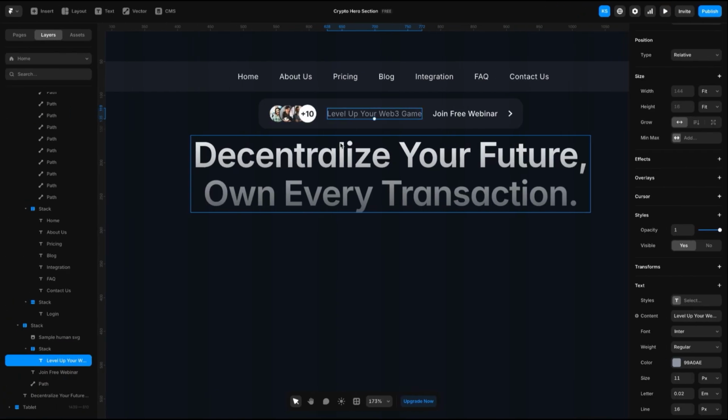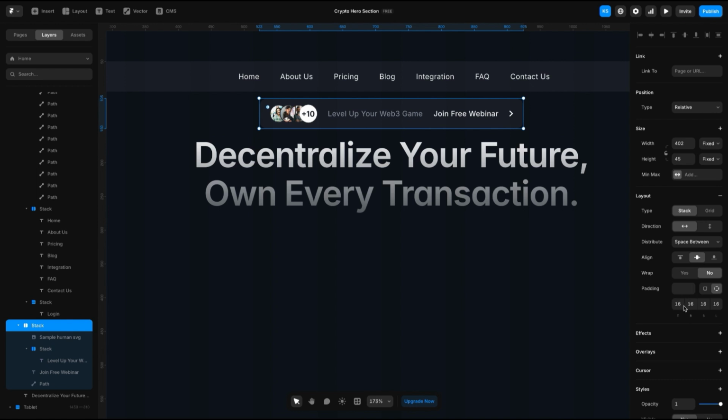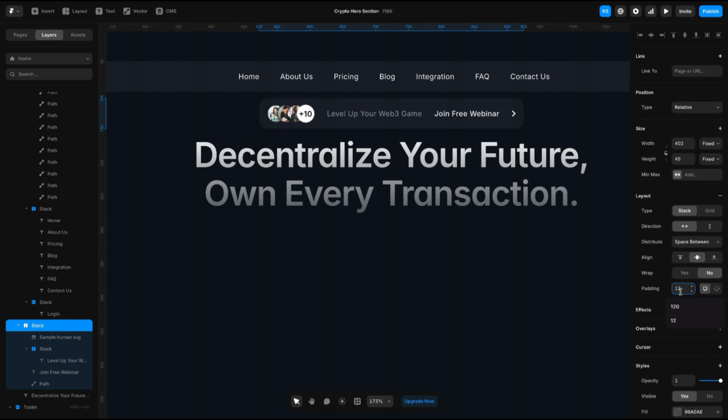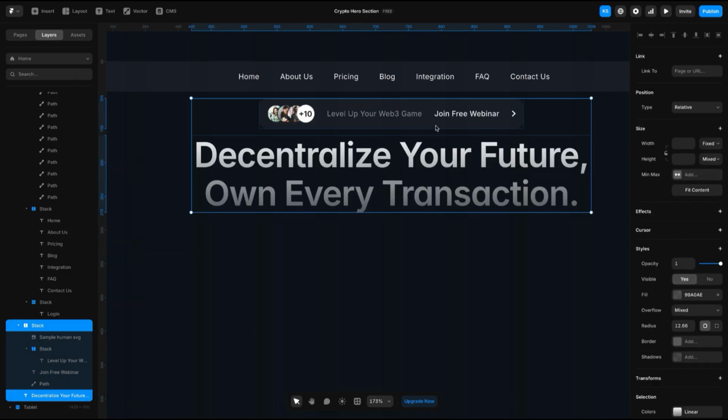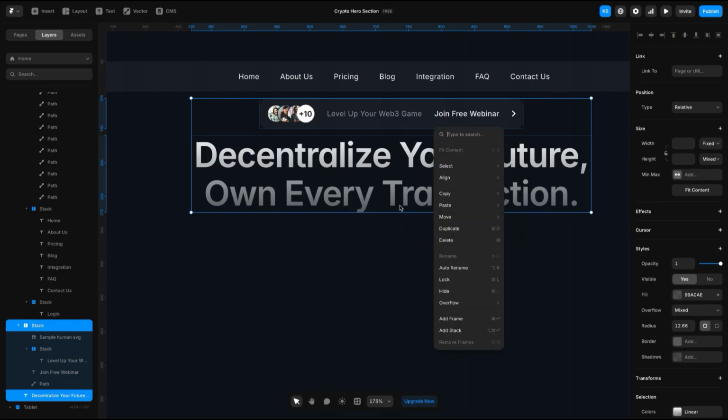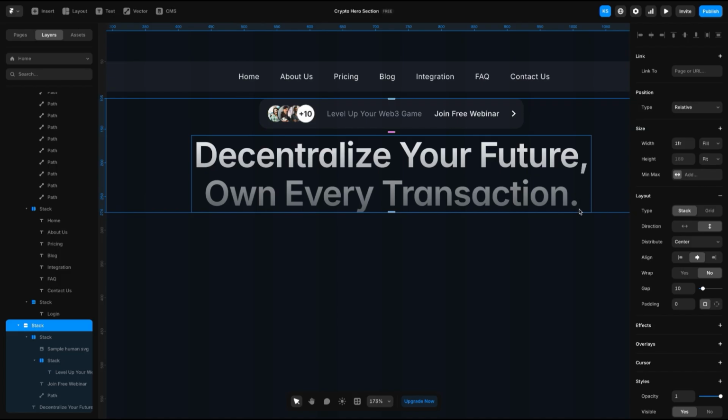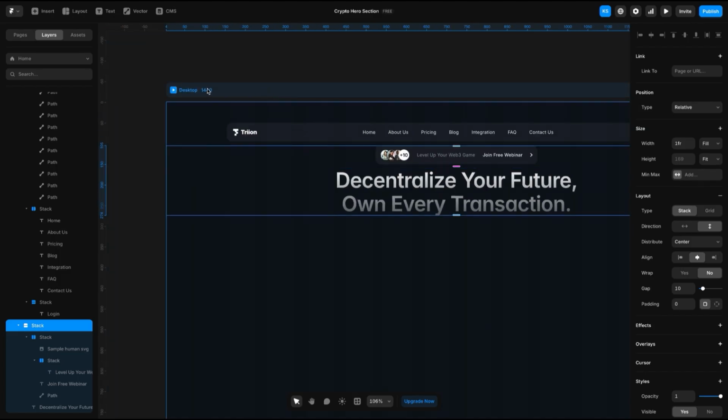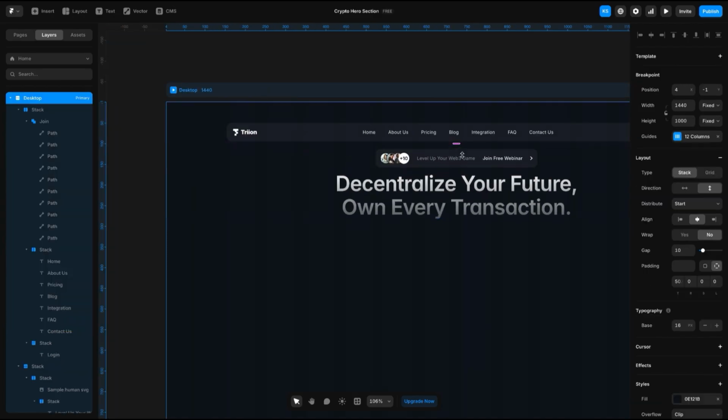Then we are good. So the only thing here is I think we need to have a smaller radius across the board. 12, I think 12, why is it 20? So yeah, this is fine. So we have this guy at the top and this guy, so we can put them together in a layout, or we can put them in an auto layout together so that we can now start having distances between